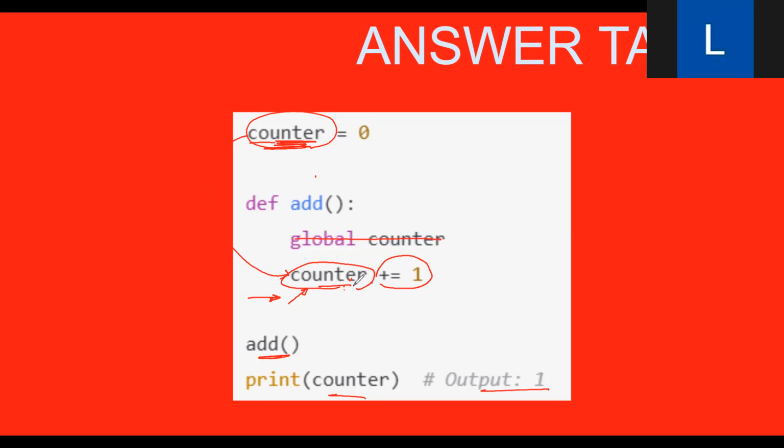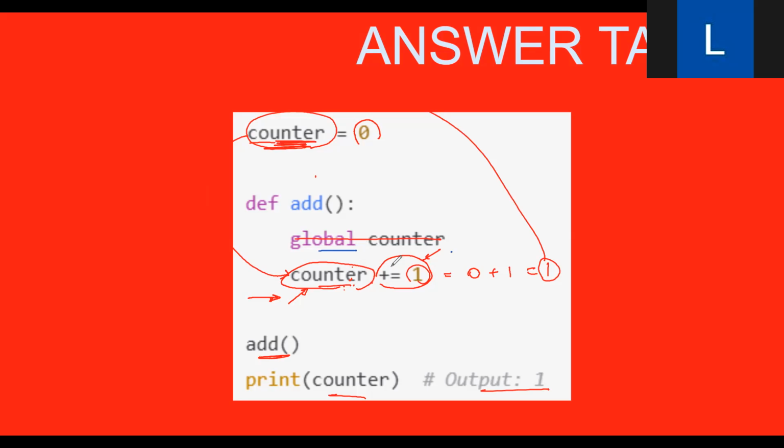It will not give you an error, but it will not return its content. It means that you're supposed to see one here. So we will store one inside the counter. Why? Because it is saying add one to the current content of the counter. So this will typically give me one. Okay, so one will be stored inside counter if